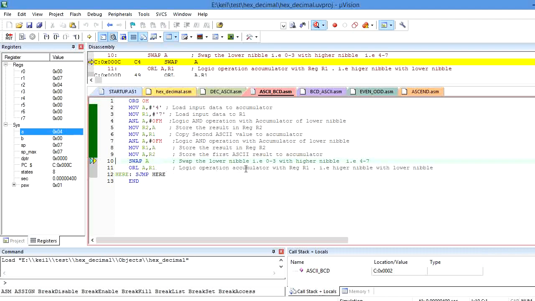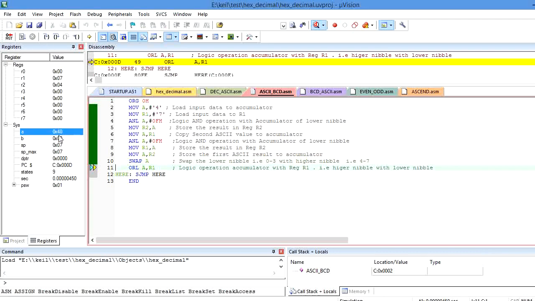The lower nibble ranges from bit 0 to bit 3, and it is exchanged with bit 4 to bit 7 in the accumulator itself. For example, here bit 0 to bit 3 has the value 4 and bit 4 to bit 7 has 0. By executing the instruction SWAP, it becomes 40 instead of 04.